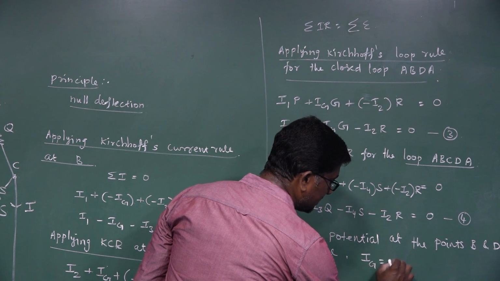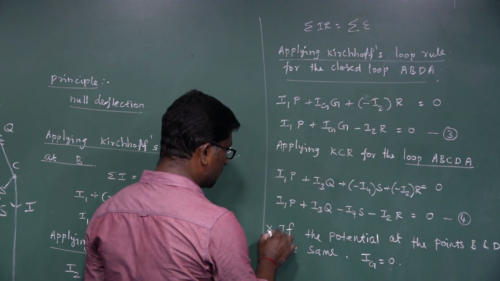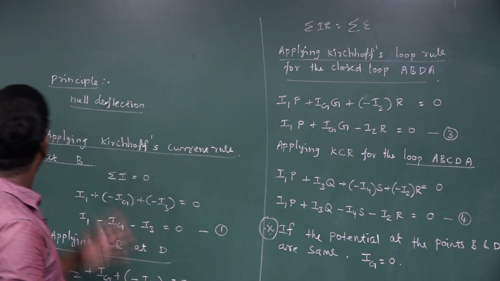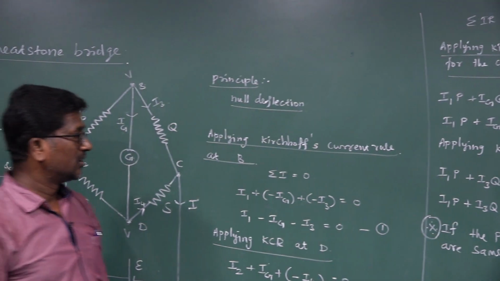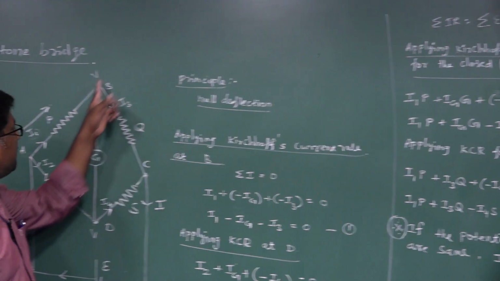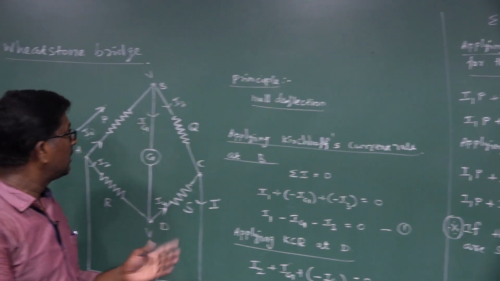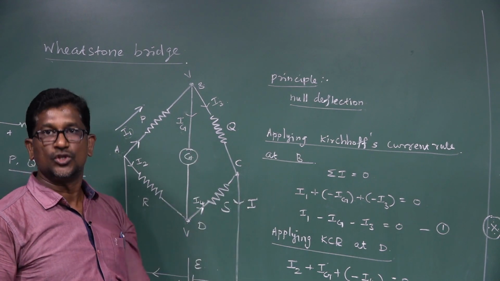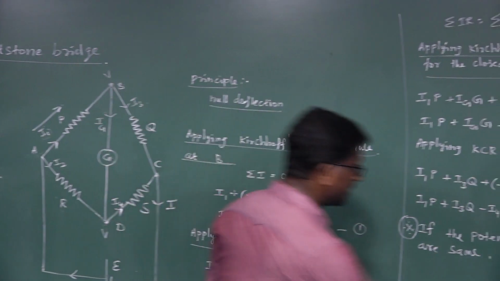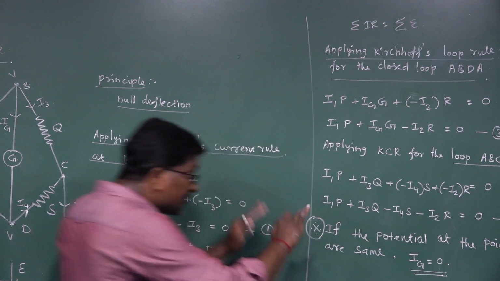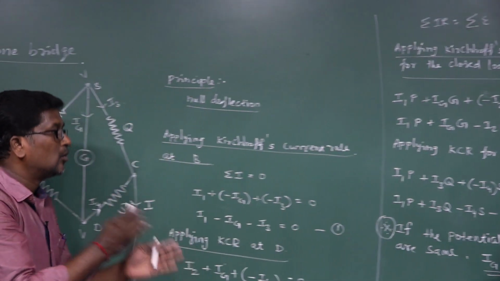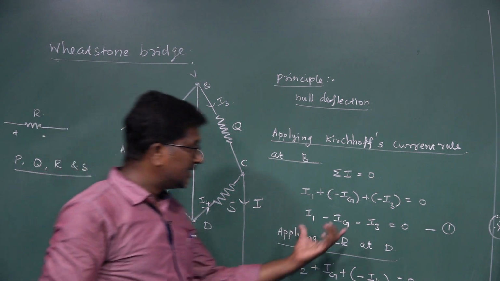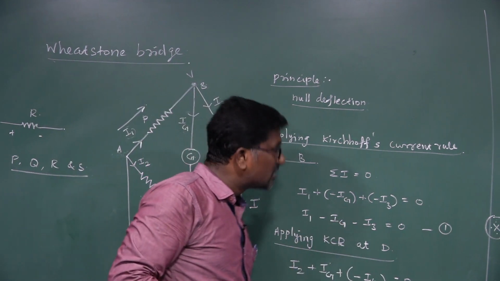That is, Ig equal to 0. So this is a very important condition while we are dealing with the Wheatstone bridge. If the electric potential at points B and D are the same or equal, no current flows through the galvanometer, so the Ig value is 0. Suppose this condition is satisfied, then substitute Ig equal to 0 in equation number 1, equation number 2